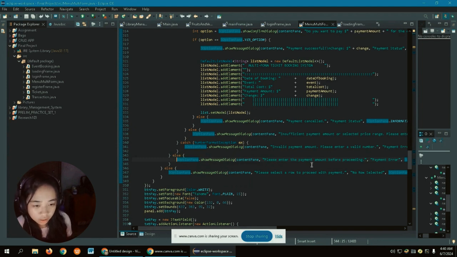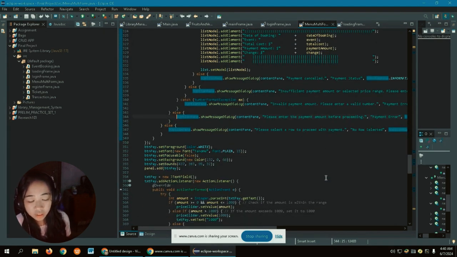And this right here is asking to select a row first before proceeding to the payment. So if there is no row selected yet, it asks the user to select a row first.